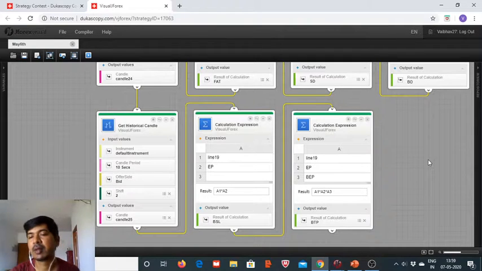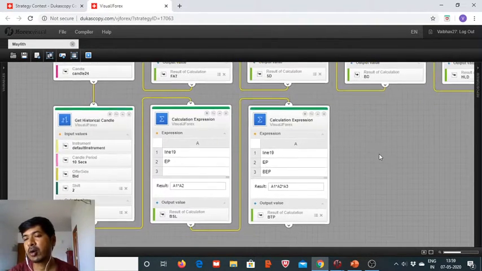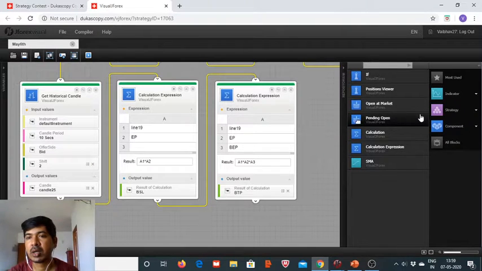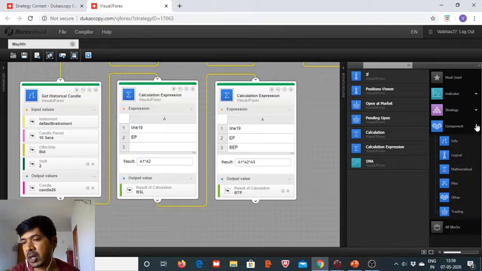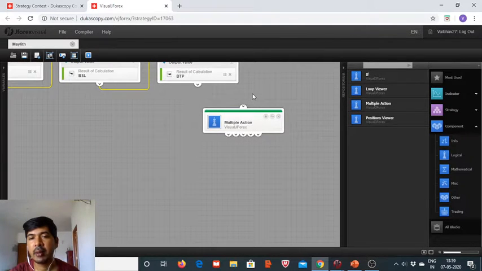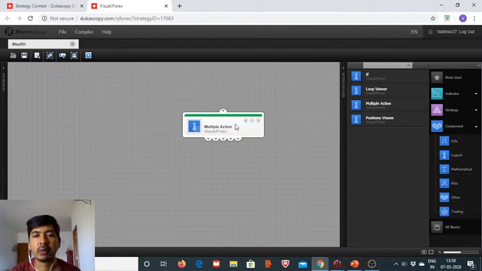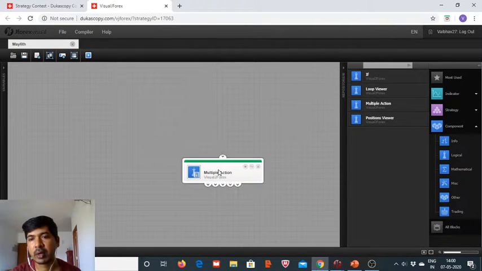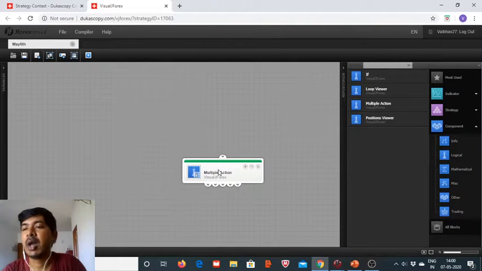But for the time being, we are working with the simple setup, and now is the time to start working on the buy side. So let us bring in some fresh blocks, and for that we have to turn our attention to the component section, and here we get the logical part, and in logical we have multiple actions. We will keep one row empty just in case we need to do some further optimization. We will have the space to bring in the required blocks and maybe even a calculation expression. So you never know. We are working with tricks and tweaks